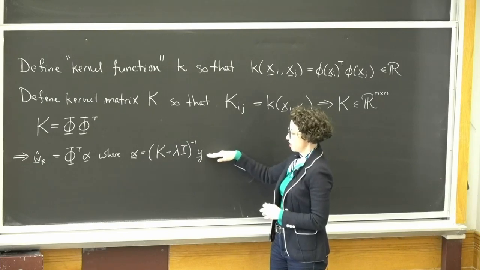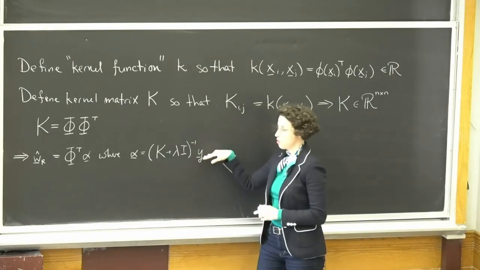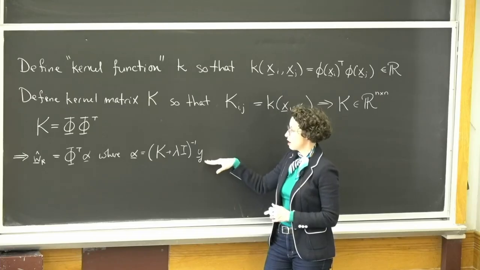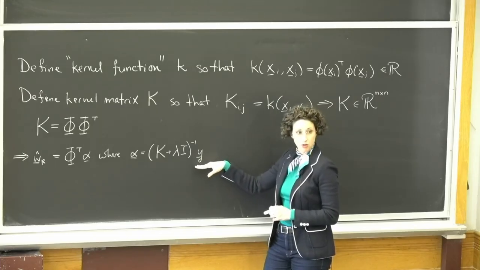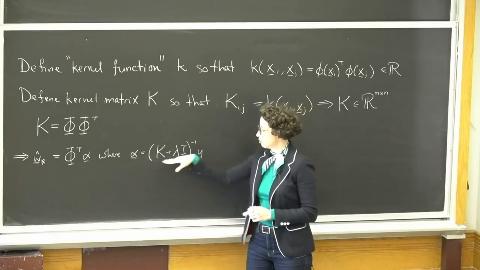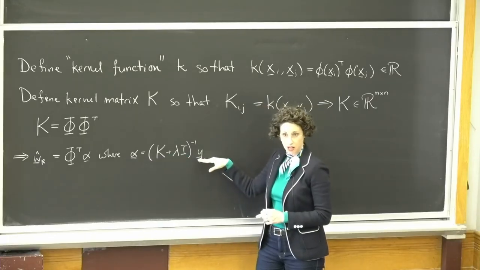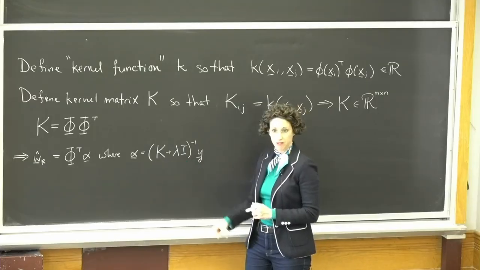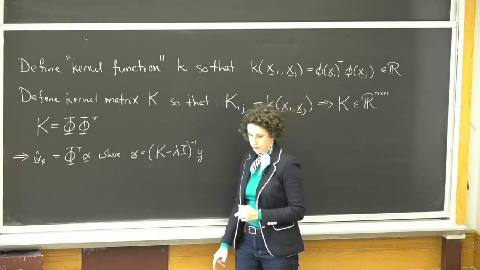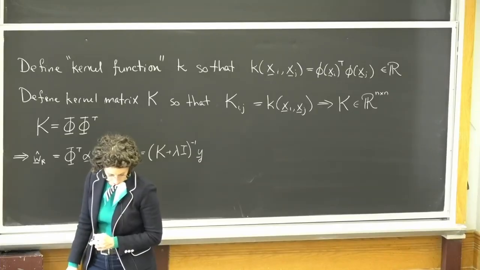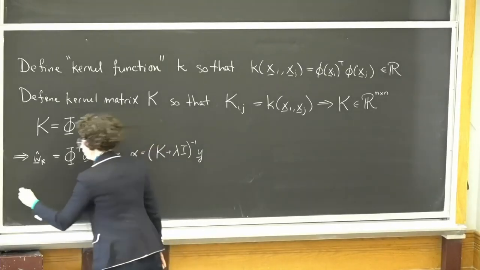And once we've got that kernel matrix, we can figure out what alpha is. We can actually figure out how much weight we should be giving to each one of our training samples using that kernel matrix without doing anything explicitly in this feature space. All I need is this n by n kernel matrix. And in particular, once we have this,